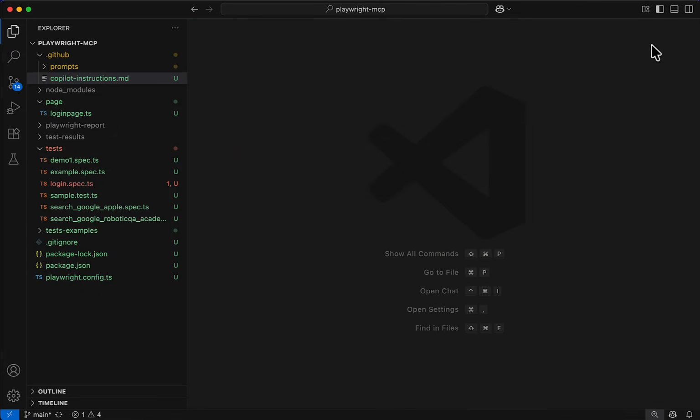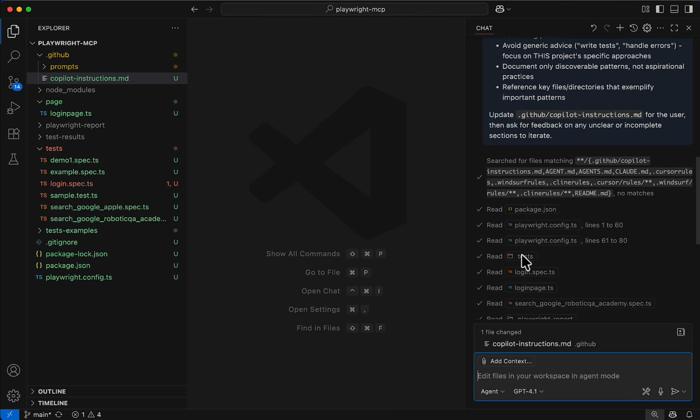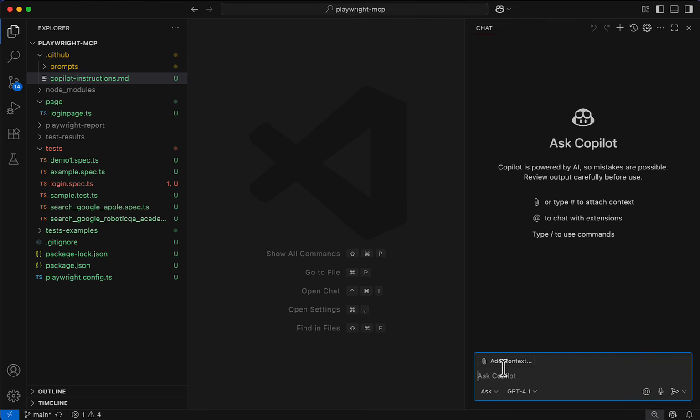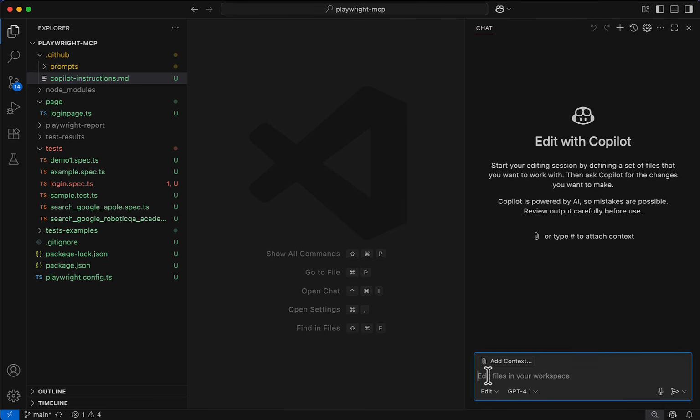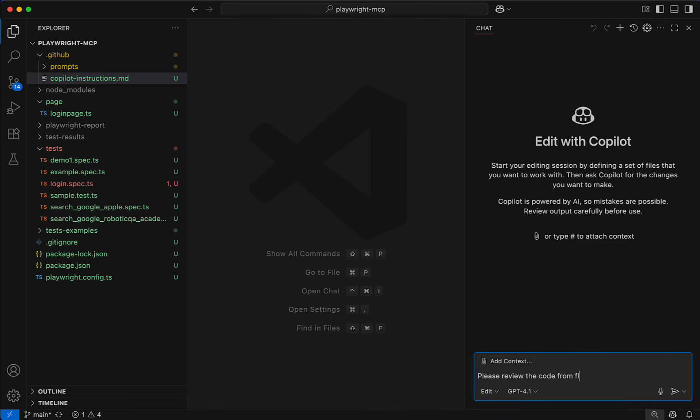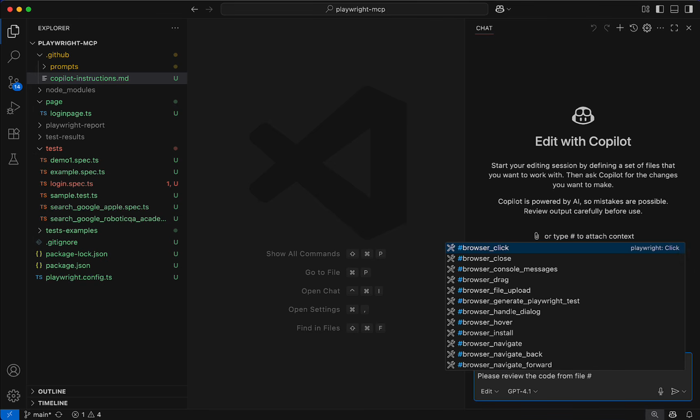So what happened is, next time if you go to the chat, let me clear it, and if I go to ask mode and write something, let me go to edit mode. Okay, please review the code from file. I'm just asking anything. So let's say you have instructions related to coding practices, clean code practices, and you want to review based on this. So let me write here